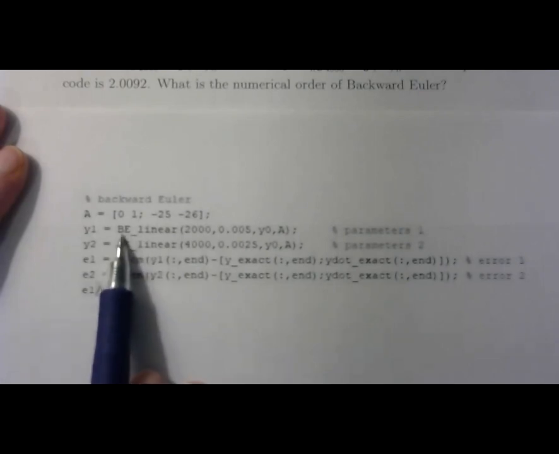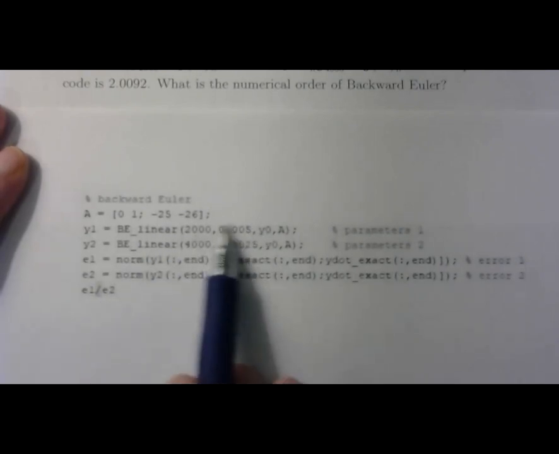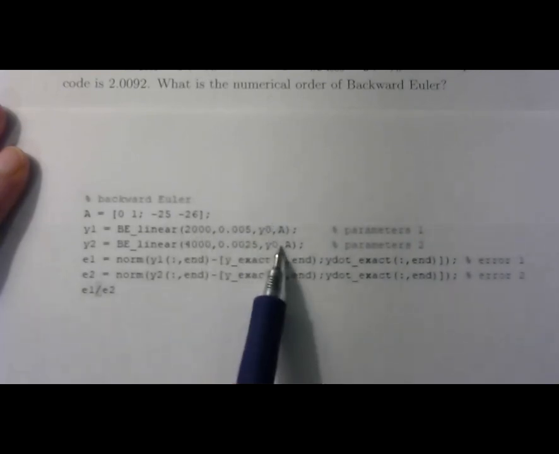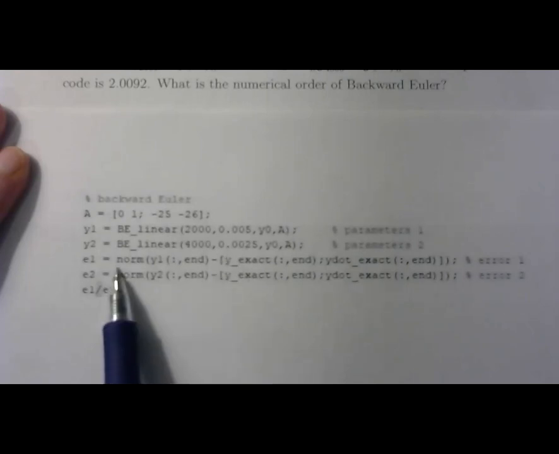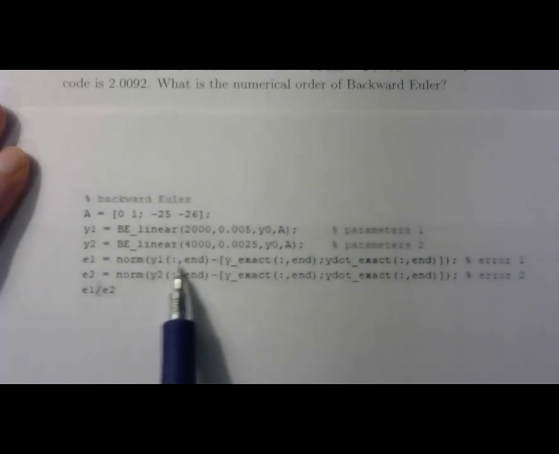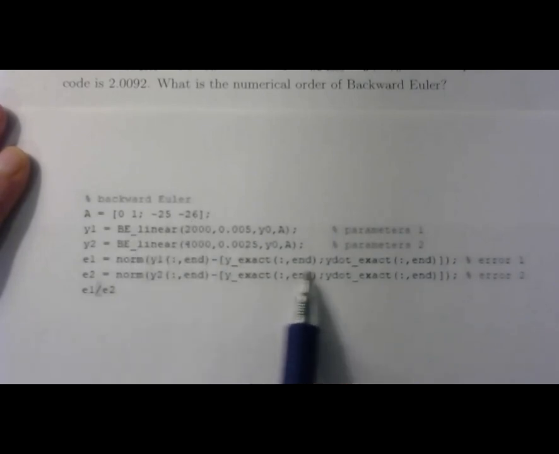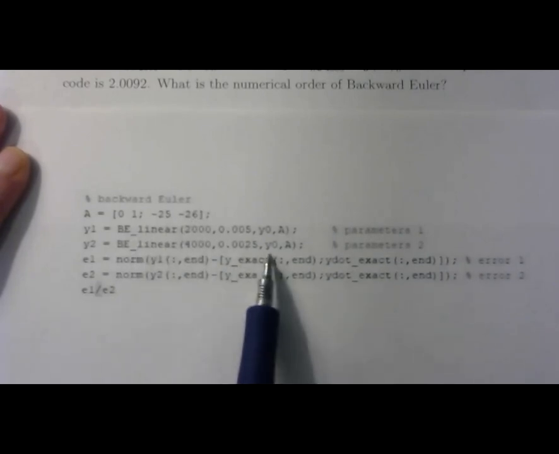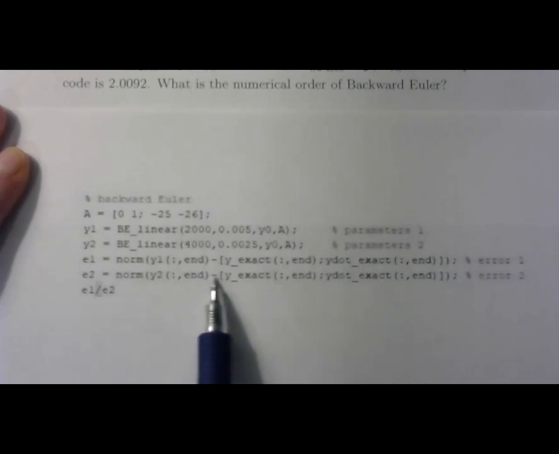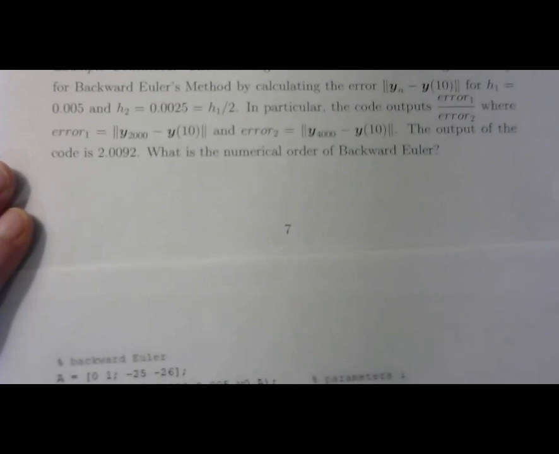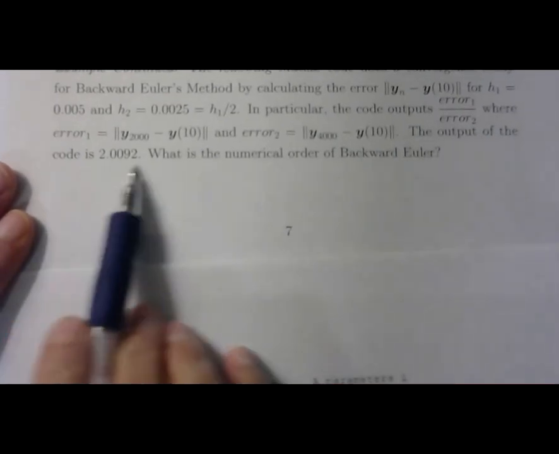So I'm just running my BE linear algorithm in both cases for the parameter set that we said here, 2,000 time steps and 4,000 time steps and so on to go up to 10 with a step of half the size. And I take the difference between what I compute with the numerical algorithm and then the exact solution here, which is two-dimensional. So y exact, y dot exact, same for E2, and then I take the ratio of the errors. And what I get, as it says in the text here, is